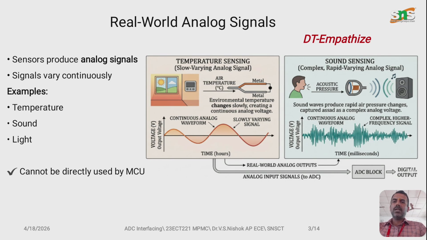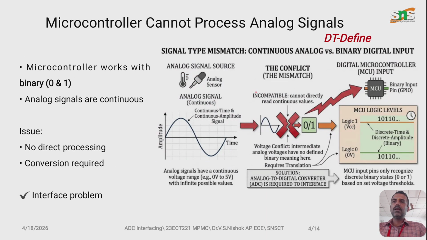So coming to the real world analog signals. By using sensors while measuring any physical quantities like temperature, sound, humidity, pressure, light, etc., the sensors produce analog signals. Here the signals are continuous in range. Because the signals are continuous in range and analog, and the microcontrollers work only with binary, that is zeros and ones,